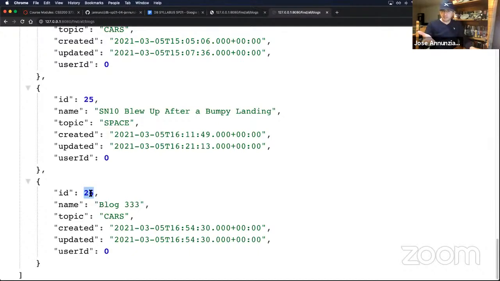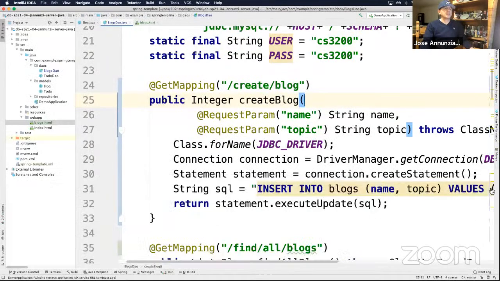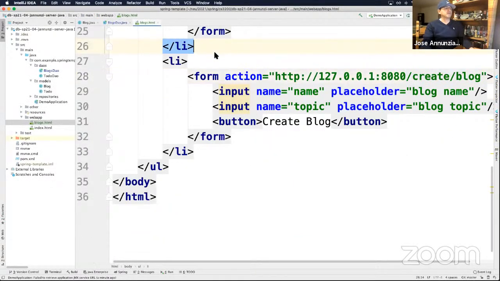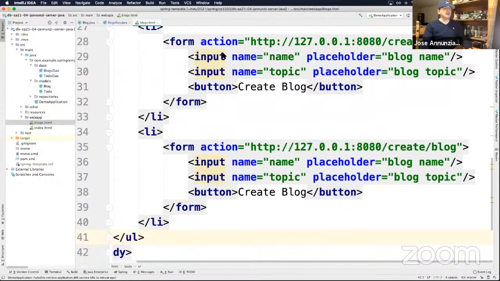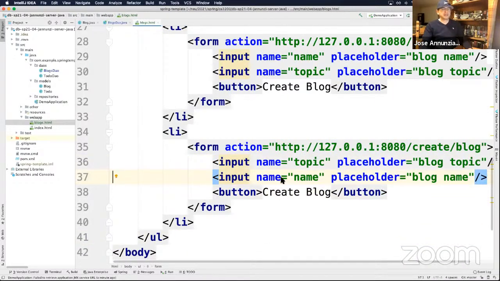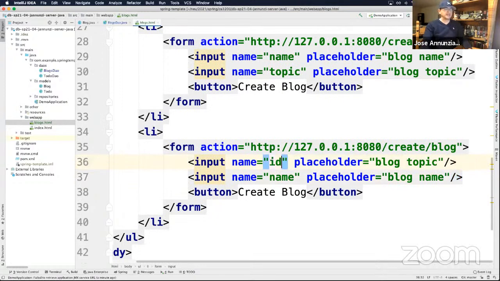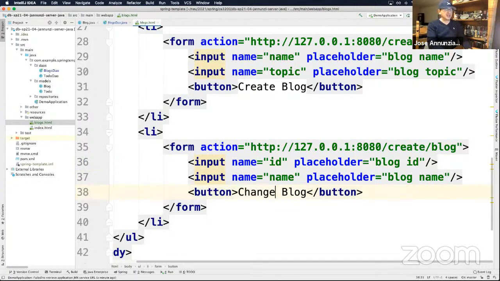And finally, let's do one more. We're going to update the blog, right? So the update blog, right? We're going to create a form that looks very similar. And one will be the ID of the blog that you want to change. So the ID of the blog, blog ID, and we're going to change the name of the blog, right? So we're going to say change blog's name. Okay, and this will be update blog,